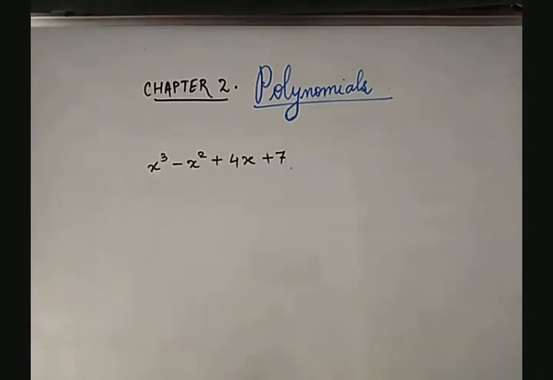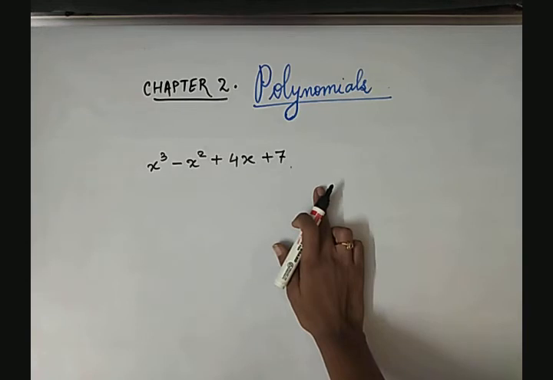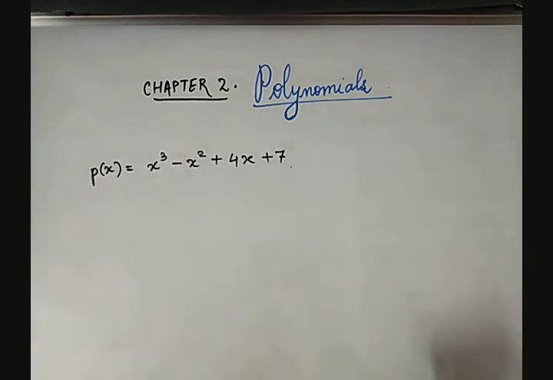So, we have seen yesterday that an algebraic expression in which the exponent is always a whole number is said to be a polynomial, and this is an example of it. Here you will notice that the variable is a single variable. Only x is a variable in the expression, so we call it a polynomial in variable x. We can also denote it by p of x, because the polynomial is in the variable x. That's why we call it a polynomial in a single variable, or in one variable.